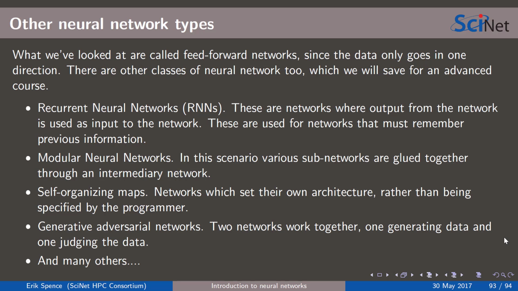Modular neural networks: you can have networks glued together that end up feeding each other. The output of one network becomes the input to another. Self-organizing maps, somebody asked about self-organizing networks that grow and change depending on input from themselves. Self-organizing maps, that's the name you're looking for. They design their own architecture as they go. Weird. I've never used them. I just looked them up to find this slide, to be honest, because we've just barely